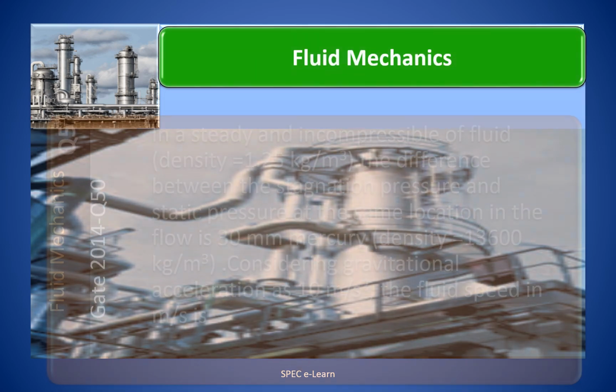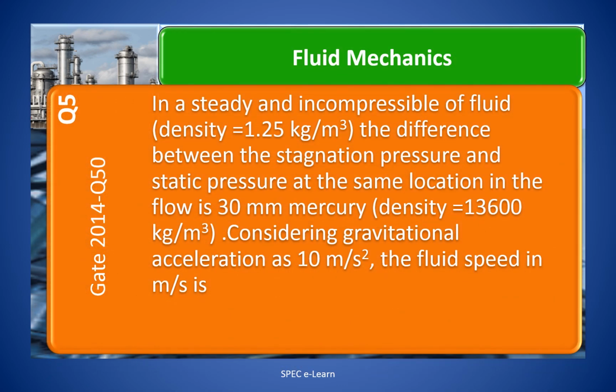GATE 2014 question number 50. In a steady and incompressible fluid of density 1.25 kg per meter cube, the difference between the stagnation pressure and the static pressure at the same location in the fluid flow is 30 mm mercury, which have density of 13,600 kg per meter cube. Considering the gravitational acceleration as 10 meter per second square, the fluid speed in meter per second is